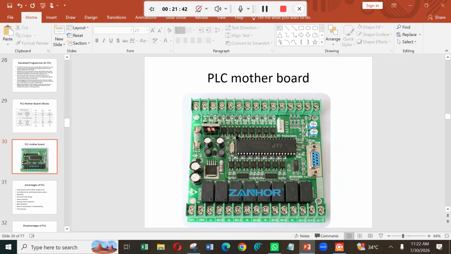Now, basically they are using these input terminals and connecting to the microcontroller or PLC controller through this one. What is this? These are the opto isolators, to avoid electrical noise.